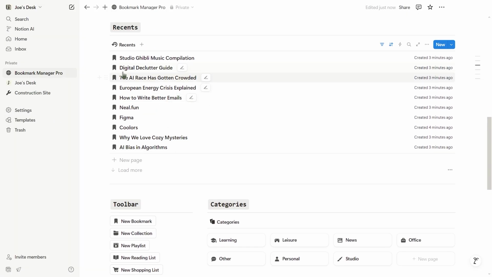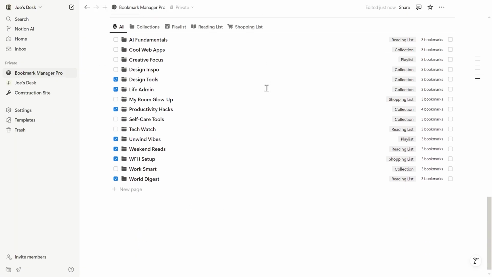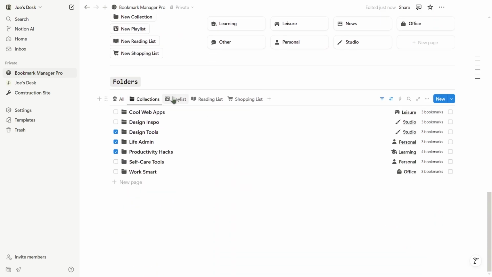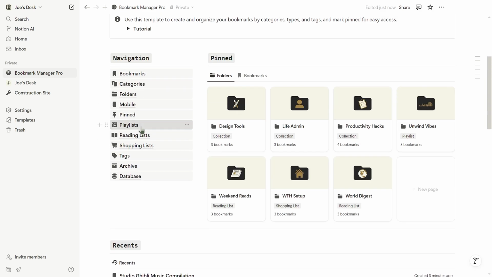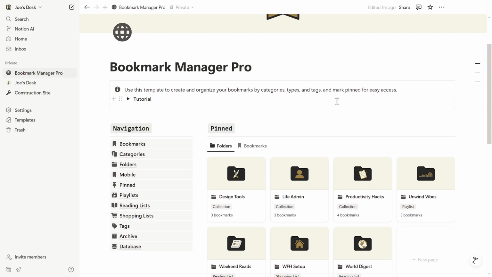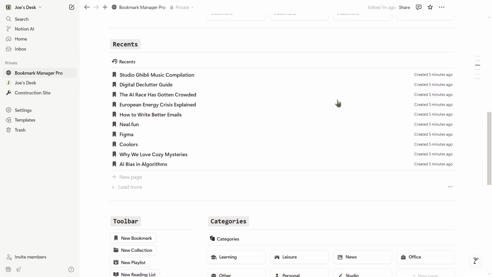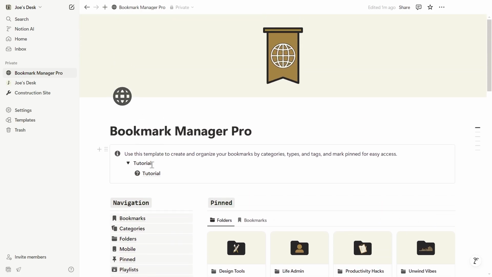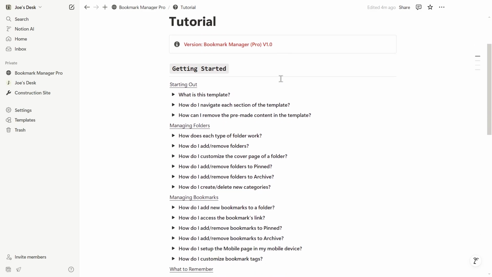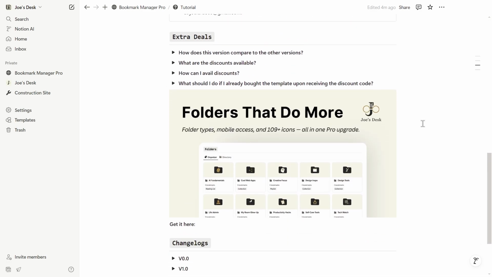Manager Pro. This Notion template is perfect for students and researchers who want to manage their bookmarks when researching, or even for those who just want to organize their lives much better. So without further ado, let's start the tutorial. Right off the bat, you would need to open the tutorial page as you can see right here. But before I discuss the contents right here, I first want to show you the features of the Bookmark Manager